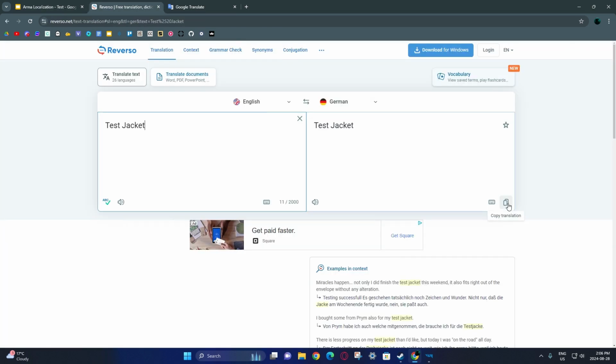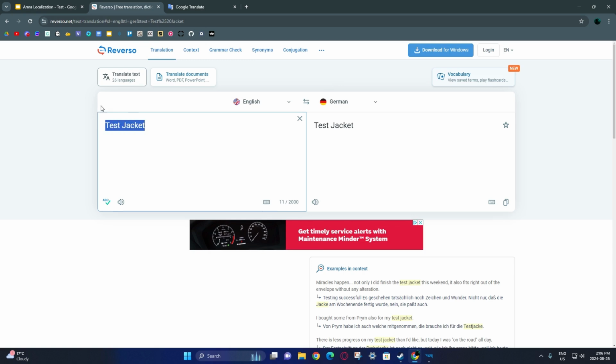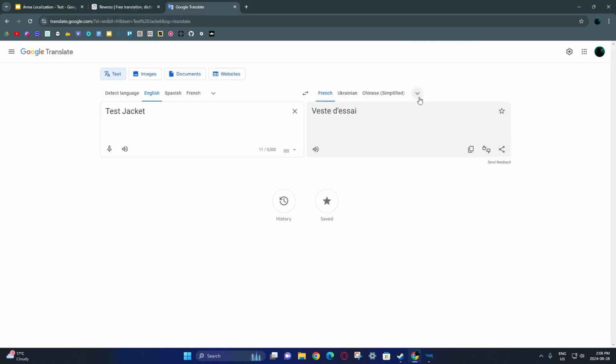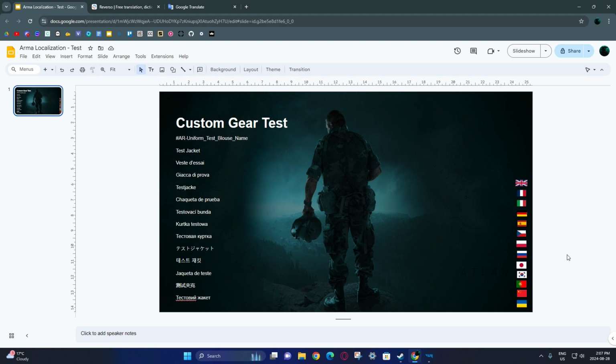So yeah. Okay, so now you see we run into the problem. For German right here, it's not translating to German. So this is why I typically use Google Translate for the names. Alright, now I have all the translated text ready to go. So now I'm going to go back to the game